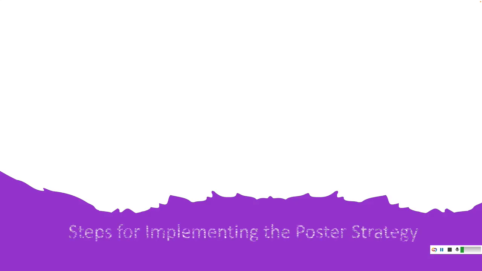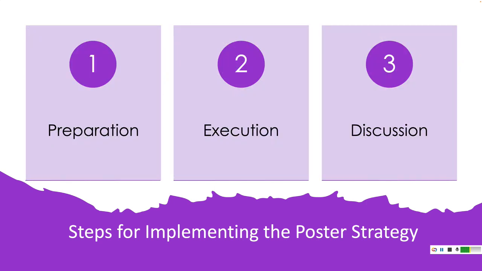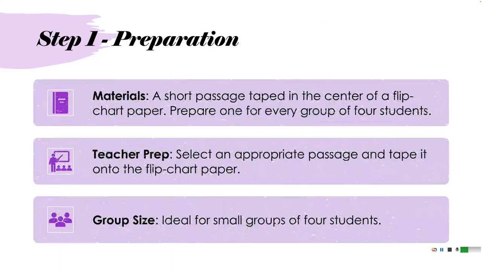Let's see the steps for implementing the poster strategy. We have three steps: preparation, execution, and discussion, the post-activity discussion. Step 1: preparation. The materials: a short passage taped in the center of the flip chart paper. Prepare one for every group of 4 students. Teacher preparation: select an appropriate passage and tape it on the flip chart paper. The group size is ideal for small groups of